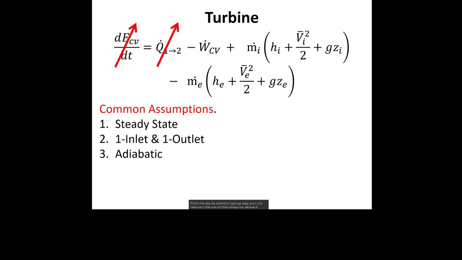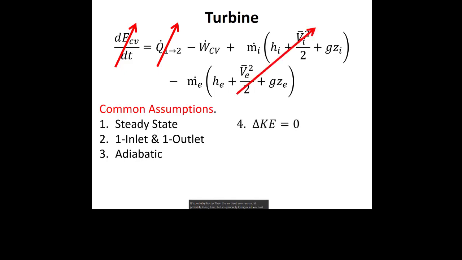I'm also going to say that the heat transfer term is much smaller than the power term, right? Or I could pretend that the turbine is not losing any heat. Again, if you go to a nuclear power plant, don't rush up and put your hand on the turbine, right? It's probably hotter than the ambient air around it. It's probably losing heat, but it's probably losing a lot less heat than the power that it's generating.